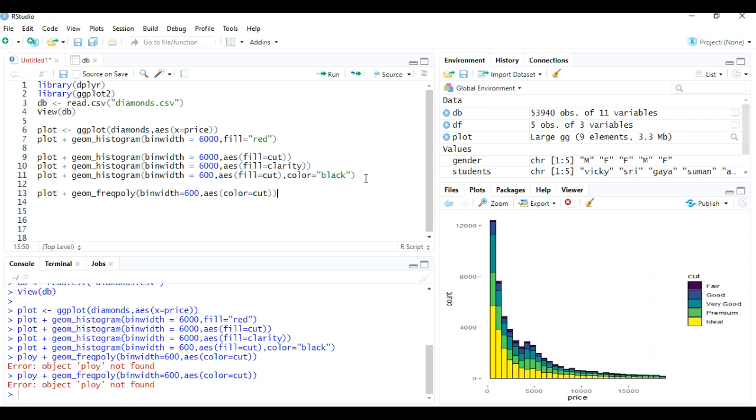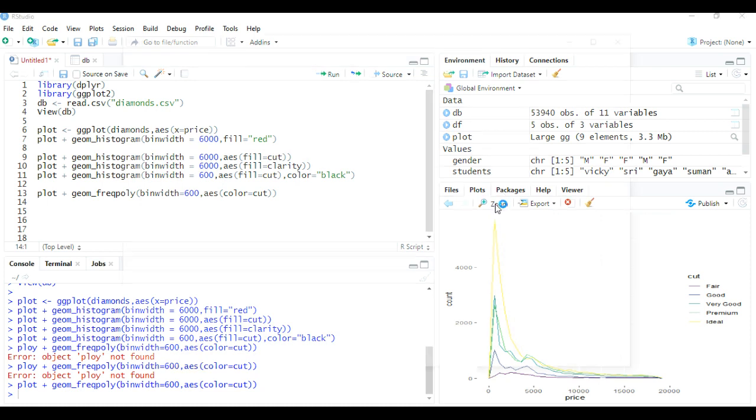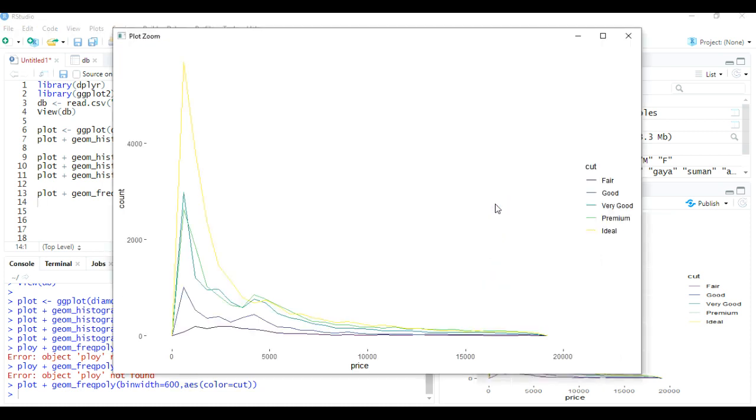Now let's run this line. It's taking some time. Yeah, as you see, we got a graph. This is a frequency graph, which is showing the price of a diamond.